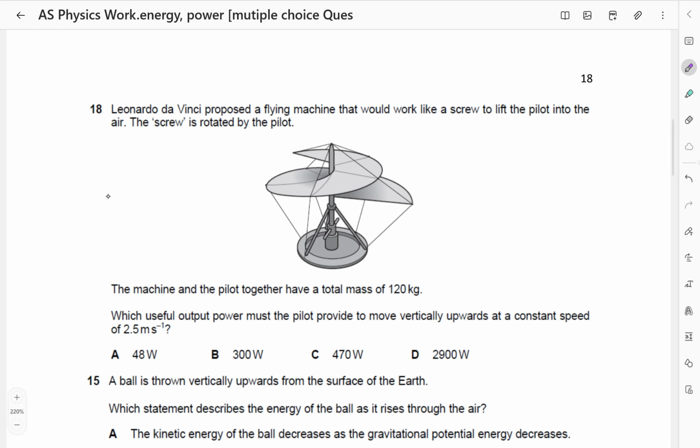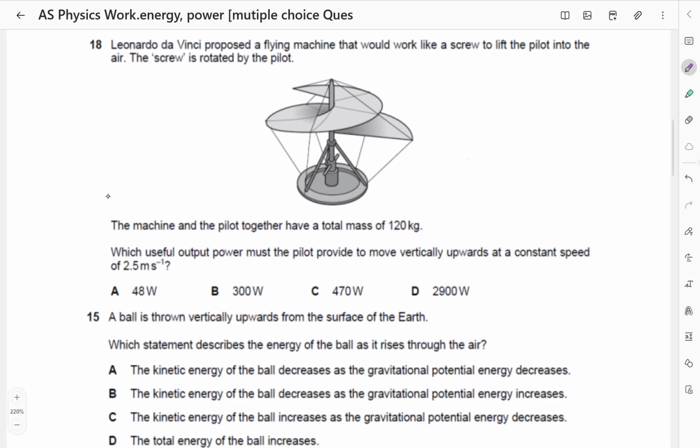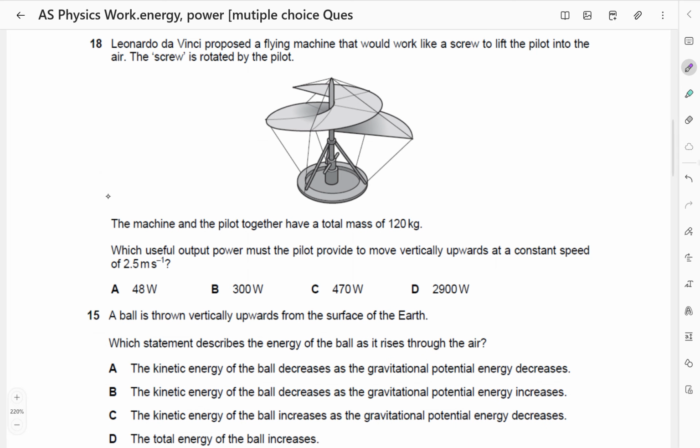Leonardo da Vinci proposed a flying machine that would work like a screw to lift the pilot into the air. The screw is rotated by the pilot. The machine and the pilot together have a total mass of 120 kilograms. Which useful output power must the pilot provide to move vertically upwards at a constant speed of